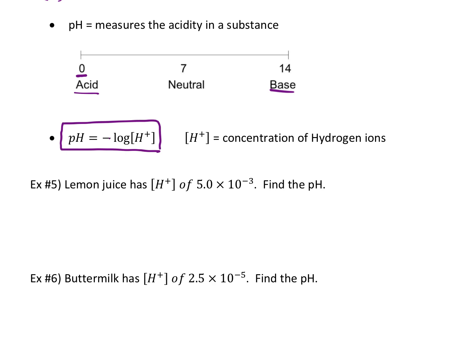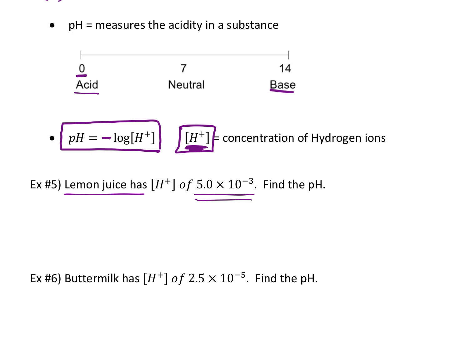The formula is this. It is a negative and then the log of whatever H plus is. And H plus, whenever you see this, that is the concentration of hydrogen ions. So it's like the density, the concentration of how many hydrogen ions you have of something. Okay, that's how they figure out the pH of something. So, for instance, they tell us lemon juice has an H plus concentration of hydrogen ions of this number. Can you tell me what that number is in the format of